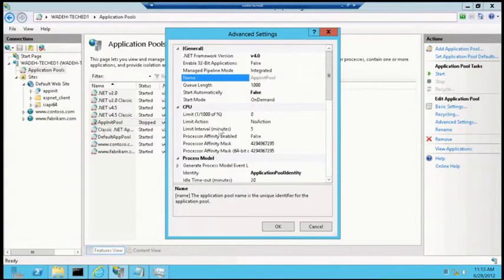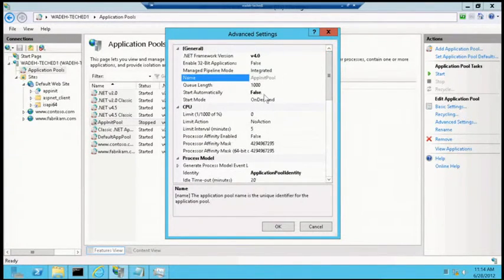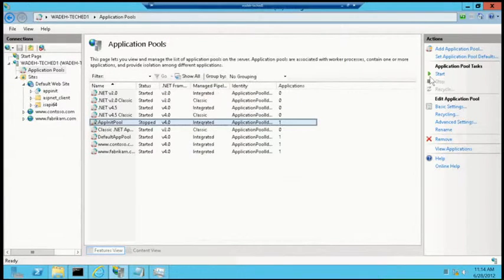We go back to advanced settings, and now we see start automatically should be set to false. Yeah, it's up at the top. There it is. Now it's set to false. So all it does is tell you whether this button has been hit. What we really want to do is go into the app init pool,